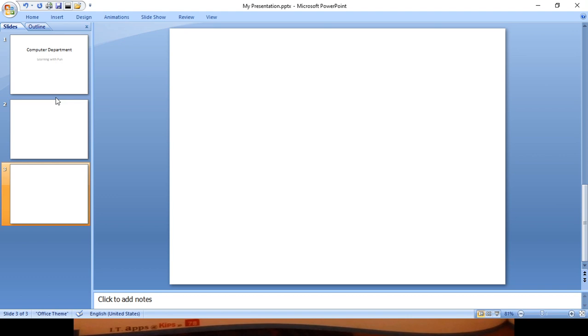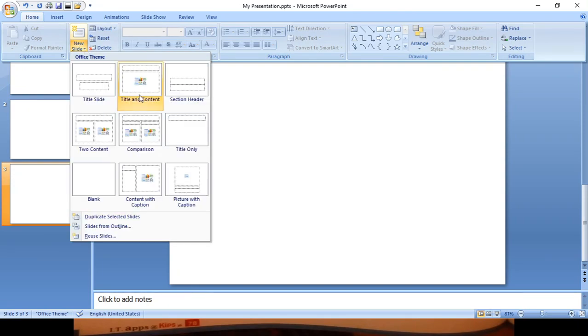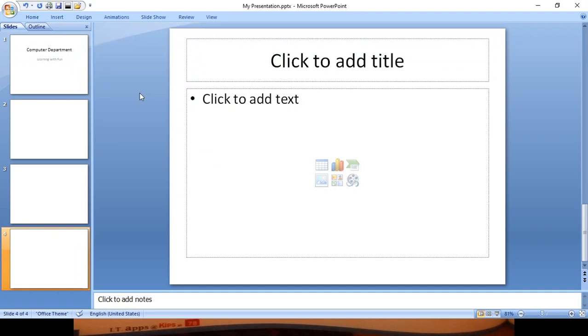Then on page number 79, adding pictures to the title and content slide. Add title and content slide to the presentation. So home tab, title and content. Now click on the insert tab and click the insert picture from file button. Change to the folder where the picture lies. Select the picture from the insert picture dialog box by clicking on it or by typing the file name and clicking on the open button. The picture will appear on the slide.